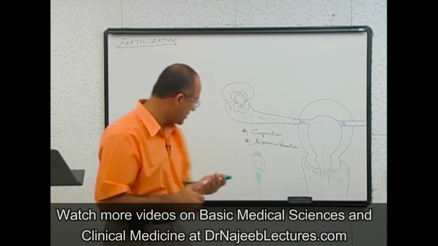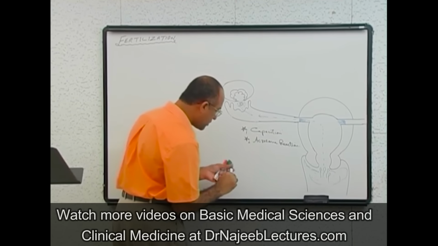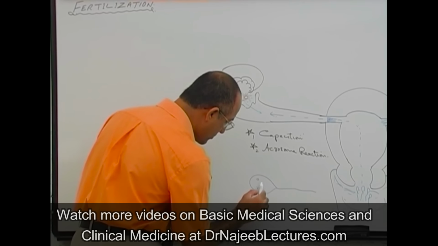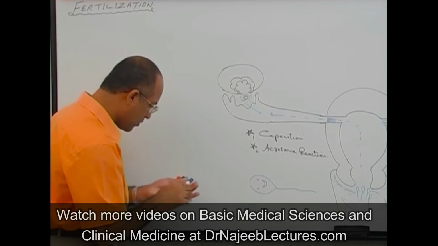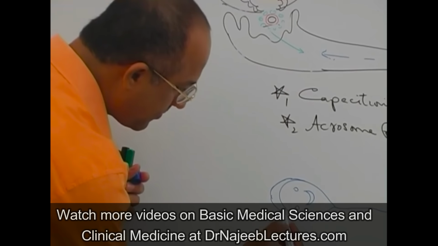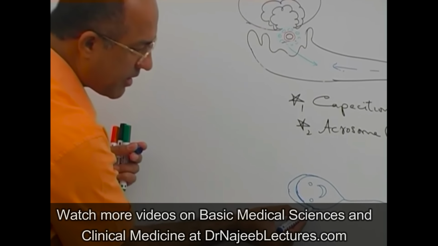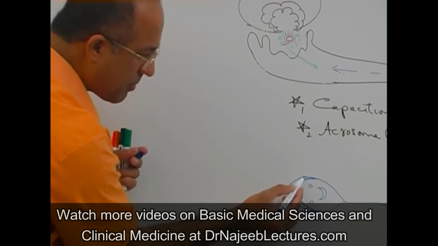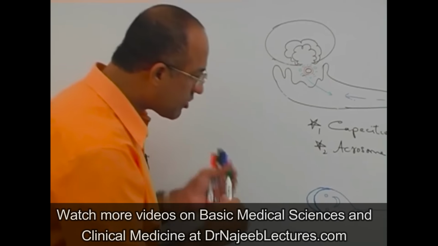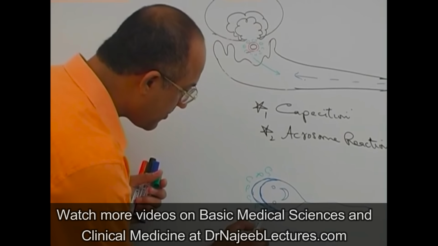What is that special change? Let me tell you. Let's suppose here is a sperm. It's moving on the way. Actually, number one, you have to remember, on the head side, it has a double membrane. This is called the plasma membrane or the cell membrane of the sperm, and there's a special membrane here which is called the acrosomal membrane. It is a double membrane here. Then it has a lot of glycoproteins there. Glycoprotein deposited on its head.